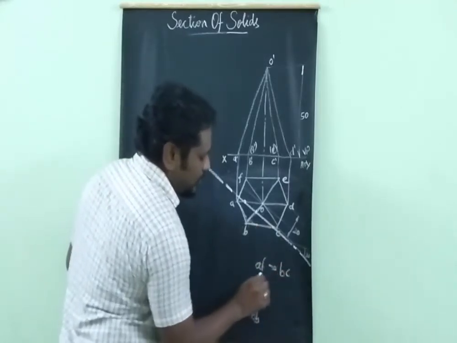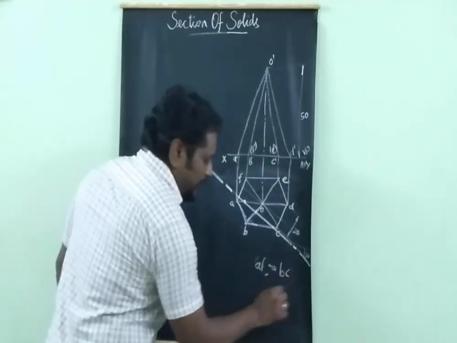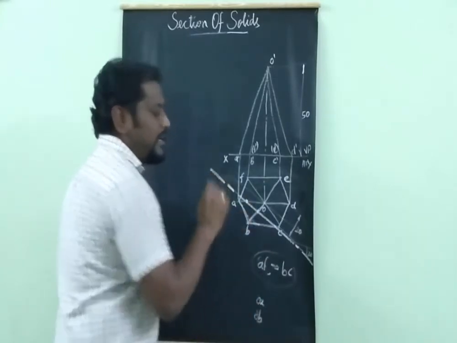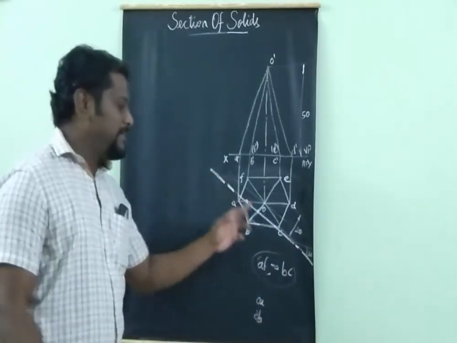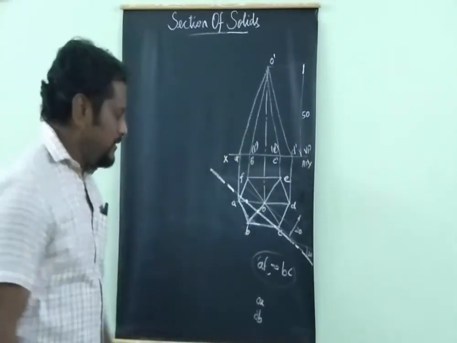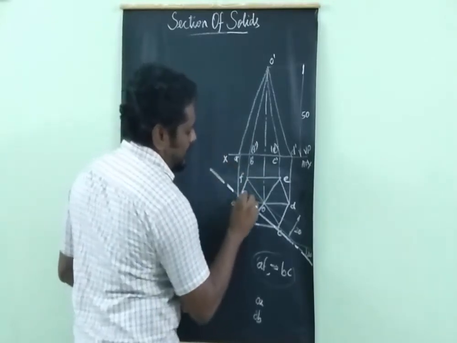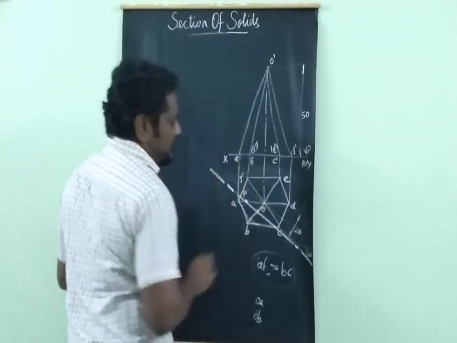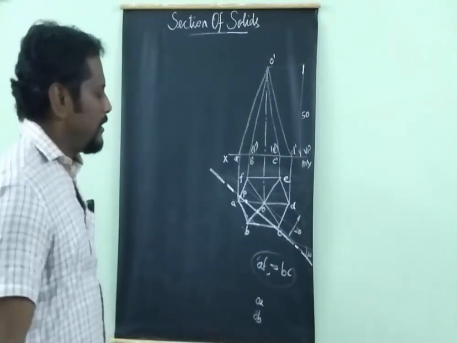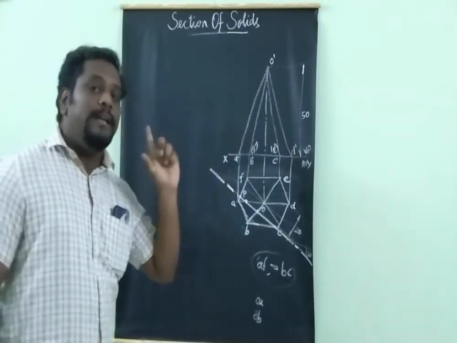So now two cutting points come in the shorter edge and two cutting points come in the longer edge. That is, if it comes in the shorter edge, it is going to cut the base, right? So now here there will be only one point, that is P. So to mark the points in an orderly manner, you have to project all the points to the front view as we discussed in the prism, right?